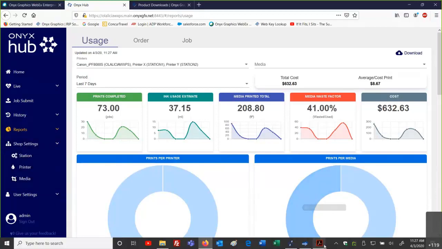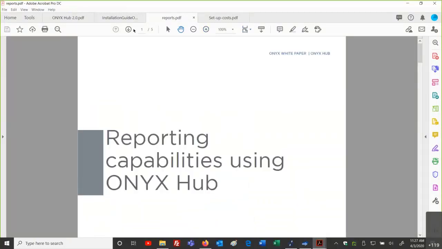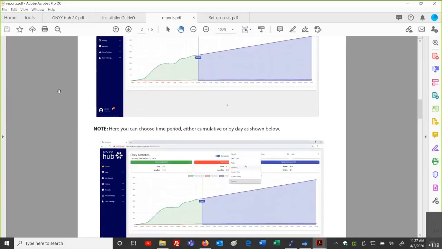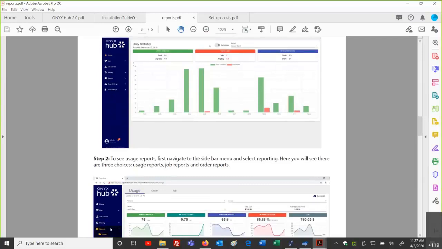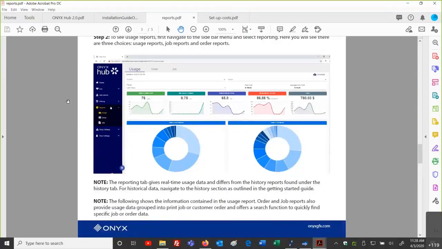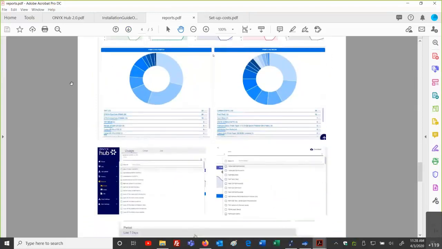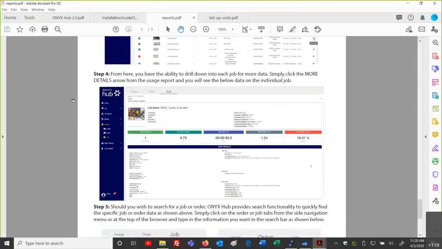Now I want to jump back into the PDFs here to talk about, in this case, just in general about the reports, talking about our home screen report data and how we can view it by different timelines, different amounts of dates, time period, time field. And then again, we can see the information here for usage. All right, so the PDF about reports is just going through and showing you again, looking at the usage and so forth. This is going to show us our history information for the job, just to go through and show you that. Within the PDF, this is going to give you that information as well.